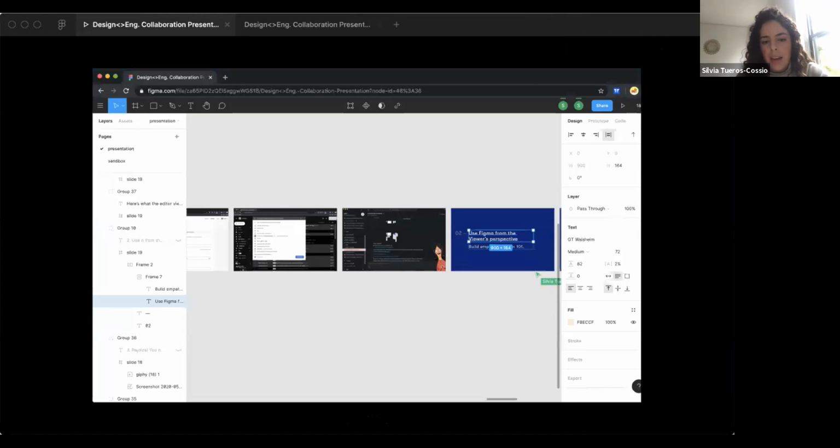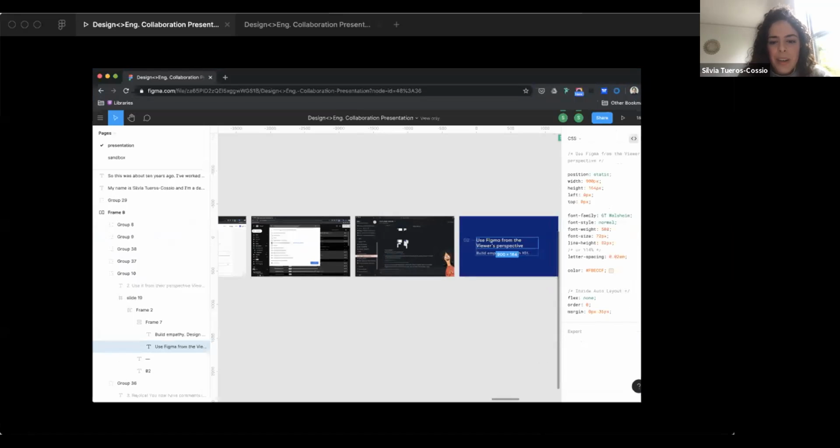So here's what an editor view looks like. This should look pretty familiar to most of you here. And then here's what a viewer view looks like. So notice that the editing capabilities aren't there, and they also can't use any of the plugins that you've downloaded. In order to do that, they'd need to duplicate this, and then they could use plugins from drafts, but it's kind of a hacky workaround.